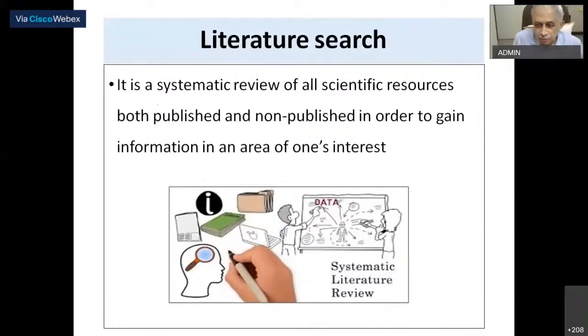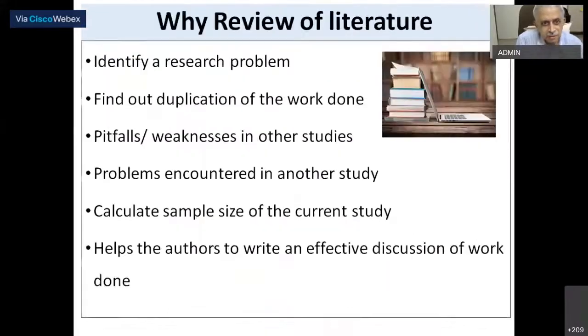A good mentor will help you in taking you forwards. So what you do once the problem comes, you have an issue, so you have a research question in mind, then you have to do a systematic review of all scientific resources, both published and unpublished, in order to gain the information already available. Many times you may think you are getting a very new idea, but when you go to the net or when you go to the journals, you will find that many of your questions might have been already solved. So it's important you should check the literature and see whether any problem is left in your question or it's already answered.